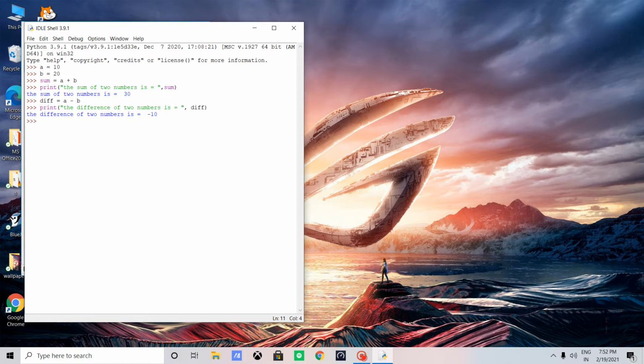Suppose we need to print the multiplication, meaning the product of both numbers, so we create a variable p, which is equal to a into b, and then print. If we are writing without double inverted commas, then we can write print in this way, and then close it. So what we see, the product of both numbers is 200.